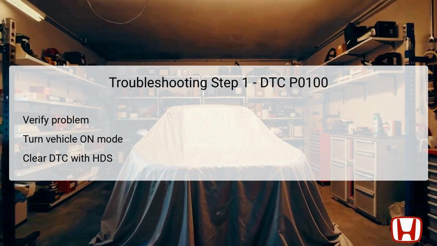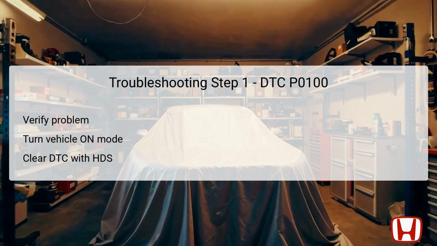In the first troubleshooting step, begin by verifying the problem associated with the DTC code P0100. First, turn the vehicle to the on mode, which supplies power to the vehicle's electronics without starting the engine. After achieving this state, use the Honda Diagnostic System, HDS, to clear any diagnostic trouble codes that may have been logged. This step is crucial, as it resets the vehicle's computer and allows for a clean slate to observe current